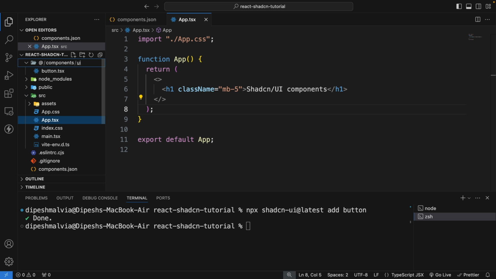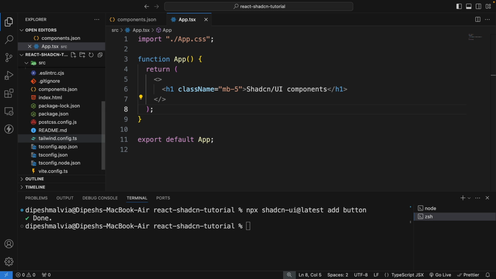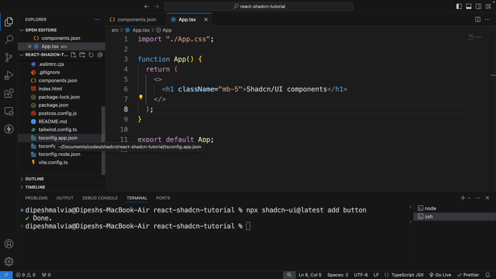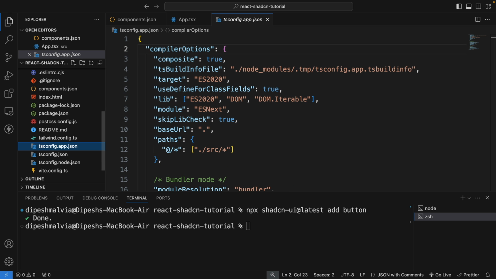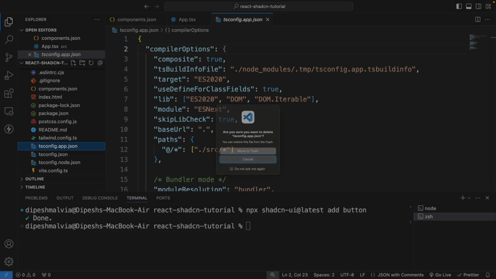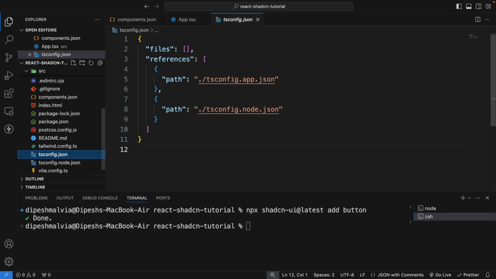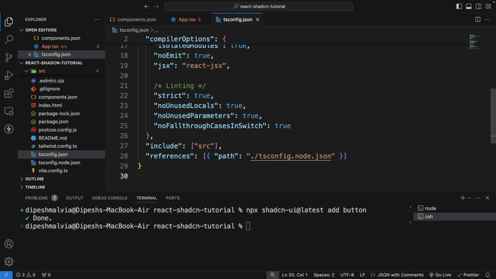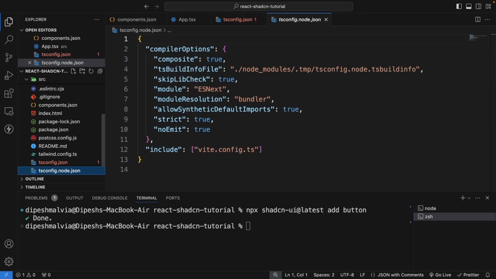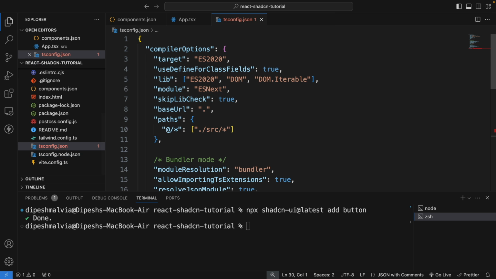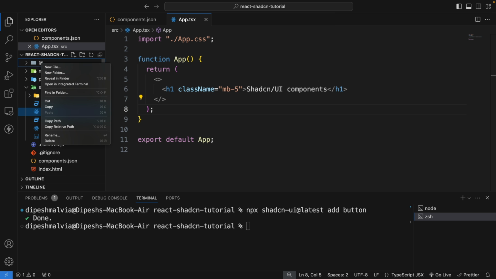So we see that we have this component, but we have this outside the source. So what we can do is we can just fix this. I'm going to go to my app config. All right, and in this app config, what I will do is I will just delete this. All right, I don't want it. And in the ts config, what I will do is I'm going to copy all the ts config stuff here. So I'm going to go to my ts config, we copy, and we're going to put everything here. All right, so we have this as a ts config, and we have this ts config node.js. All right, now I'm going to cancel this,